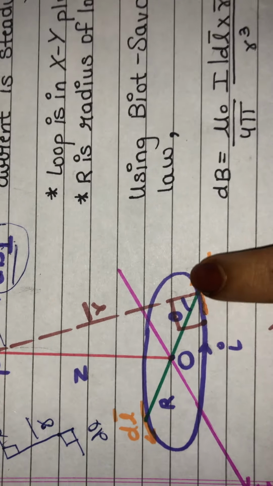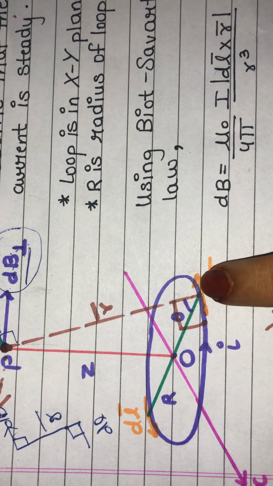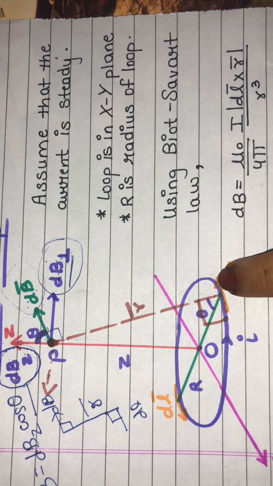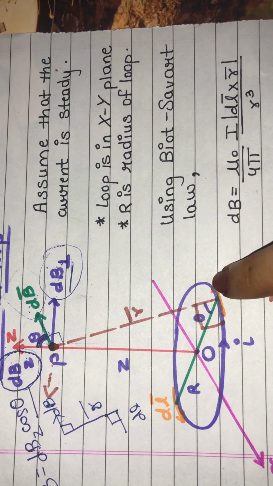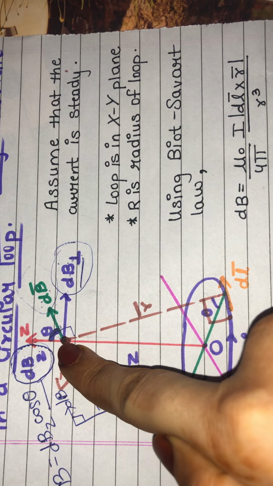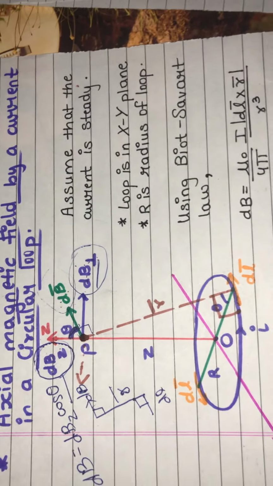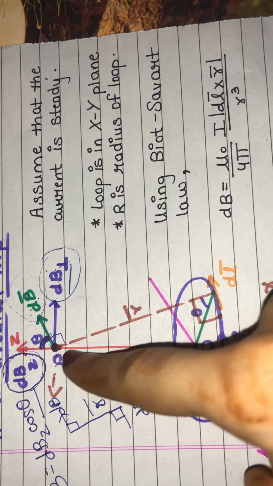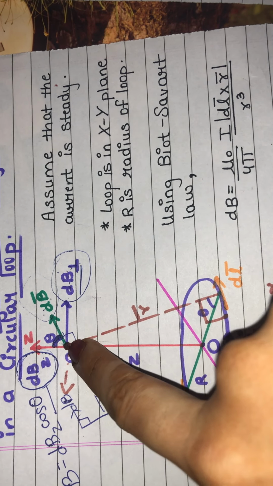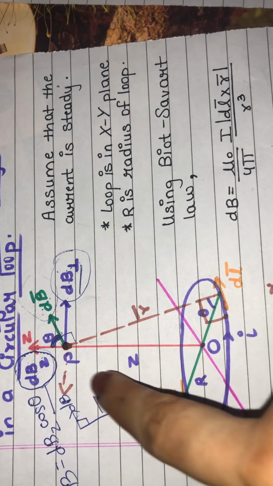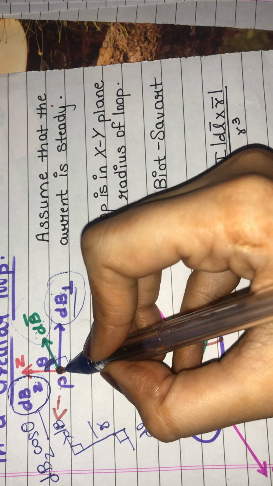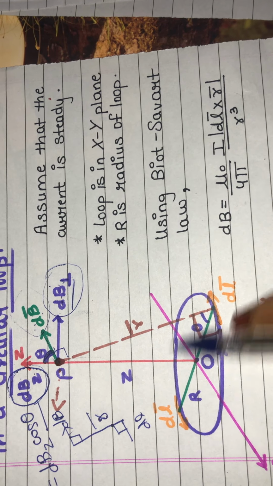Now this arrow is the direction of the current length element, and as I have told, the current length element is always perpendicular to the distance from it to the point at which the magnetic field is supposed to be found. Okay, see, this is the z-axis. At the z-axis, a point P. At this point P, how much is the magnetic field? That is asked to us. What will be the magnetic field at this point P due to the current in this loop?